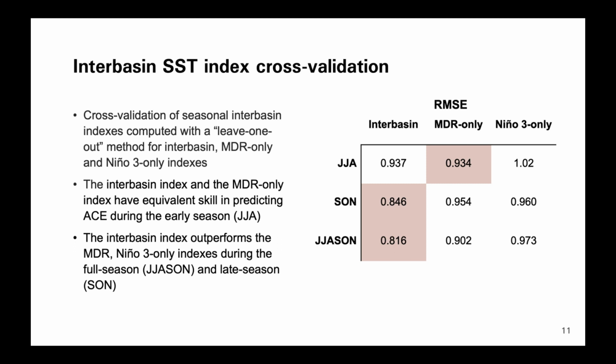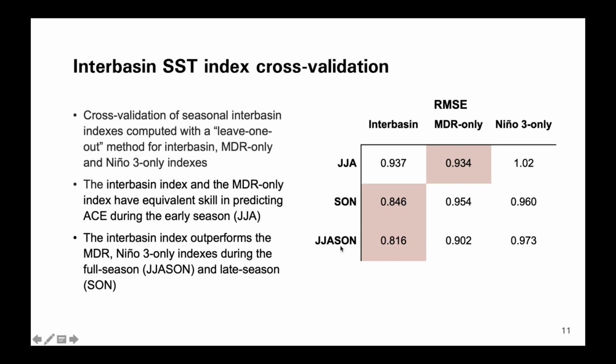There are 3 different regressions computed by withholding 1 year of SST data from each year of the 1950 to 2020 period. And this is repeated for each year, during which the root mean squared error of the predicted index to the observed ACE is calculated and then averaged over the period to give the resulting values that you see in the table. And the red cells here in the table signify the smallest root mean squared error for each season,